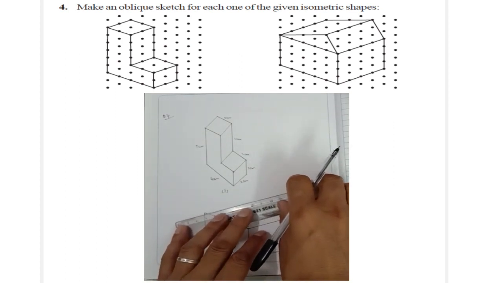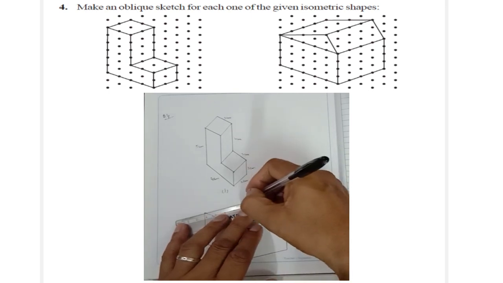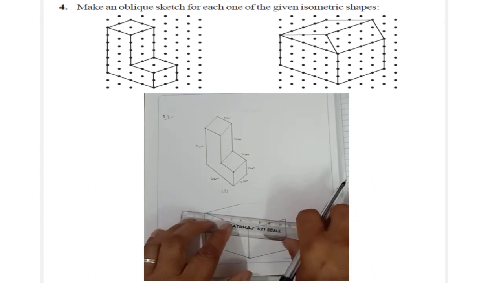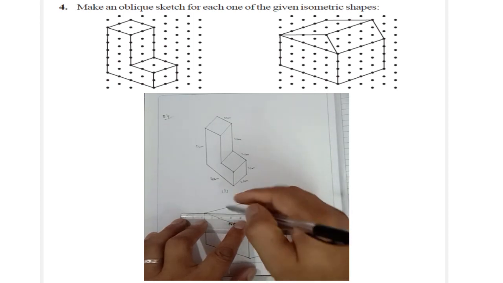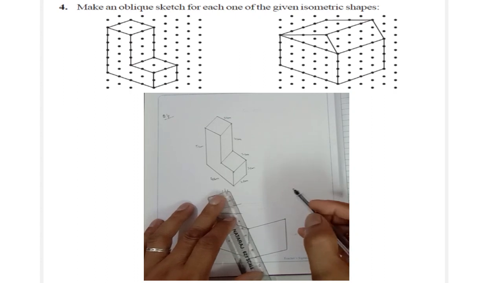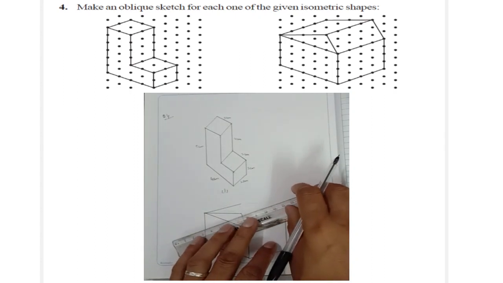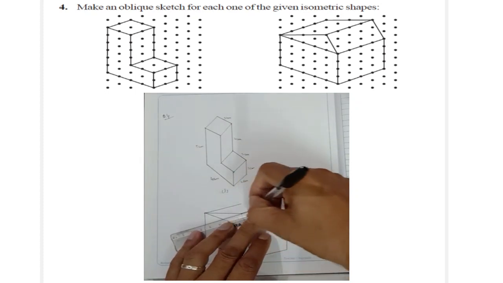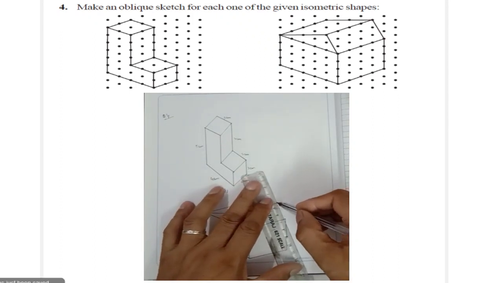again this side it is 4 centimeter, then draw this side 4 centimeter, then this as 2 centimeter, again this as 4 centimeter, join these sides,